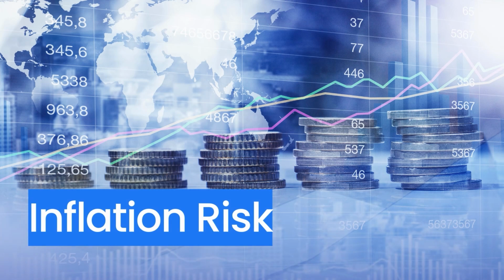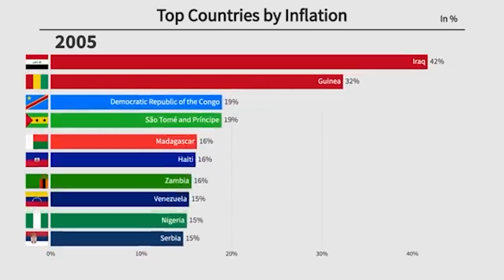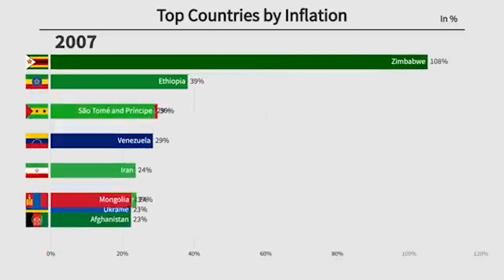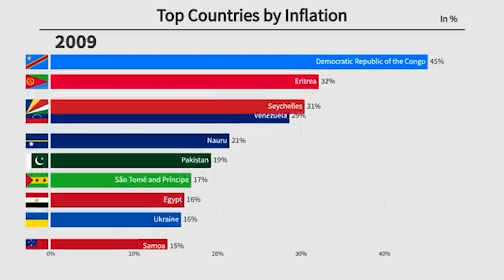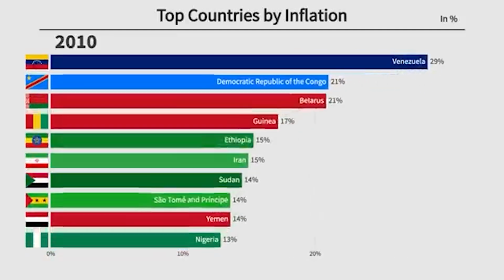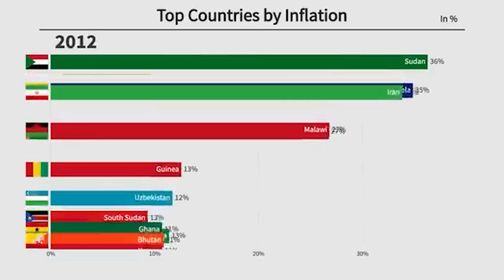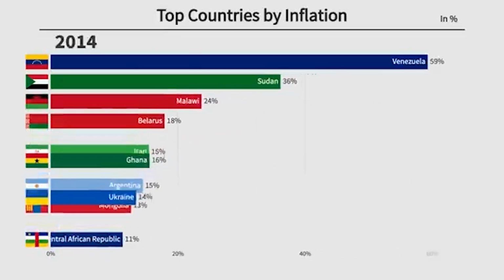Now there are many systematic factors, or factors which affect the whole of the economy. Now what are these factors? Inflation risk. As you can see, the first one we have listed is the inflation risk. So inflation risk will definitely be the risk due to inflation. For the last 2 or 3 years, you can see that central banks or governors of central banks across the globe, not only in India, USA also, UK also, Japan also, Germany also, are struggling to control inflation. But definitely the moment inflation rises, the purchasing power of money goes down,